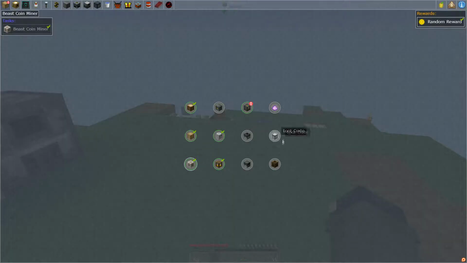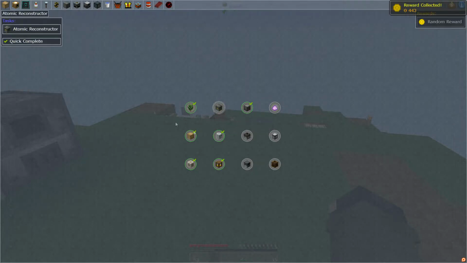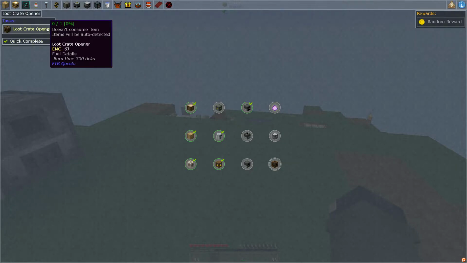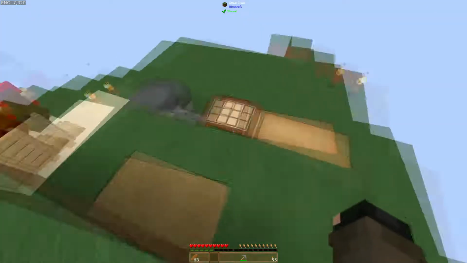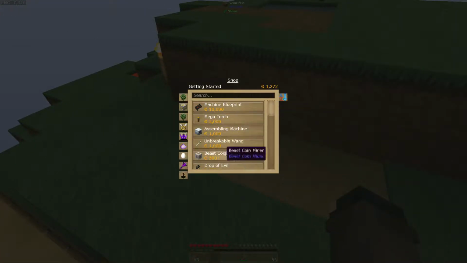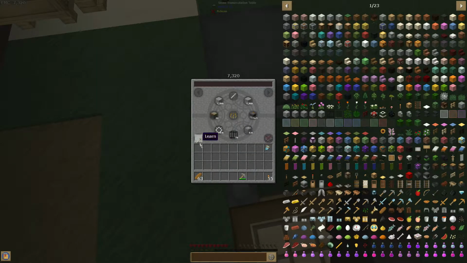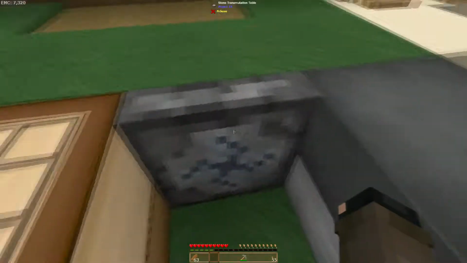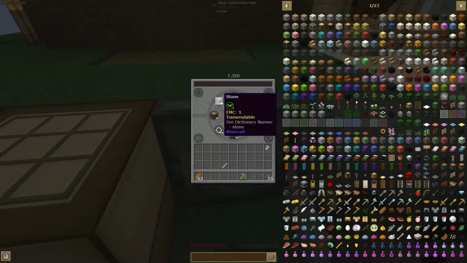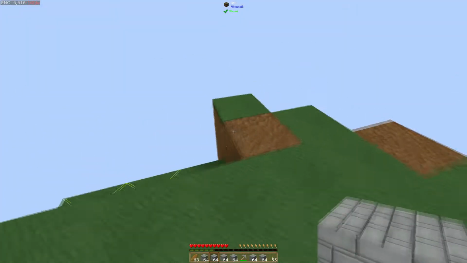And now that we've got the coal generator, we've got another quest complete. A loot crate and a loot crate opener. Now, we actually have an important thing that we want to get working on. I've got enough money now for the Unbreakable Wand, so I'm going to get myself the Unbreakable Wand. I will learn it to this. I know I will never be able to afford one, but with plenty of tree mining, we would be able to get one eventually. So I'm going to get us a bunch of stone bricks, plenty of them, because I'm